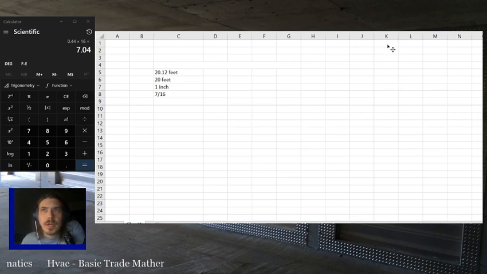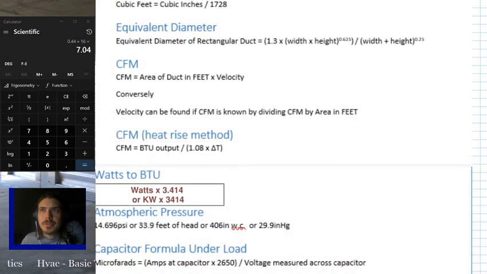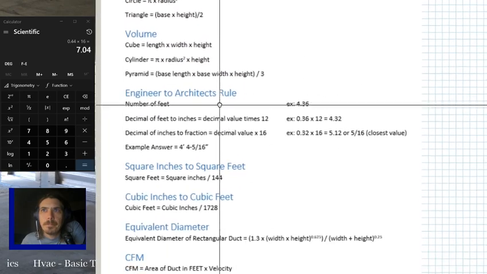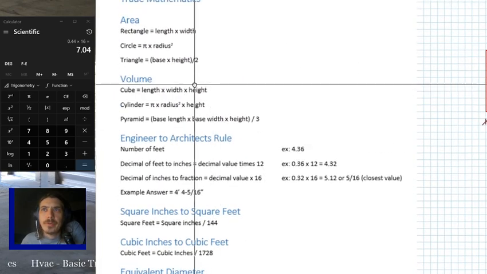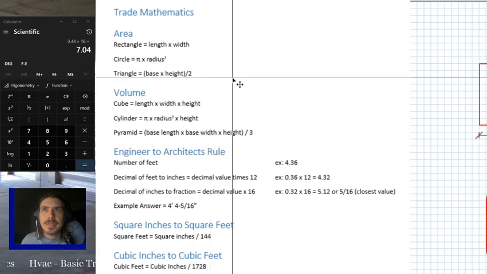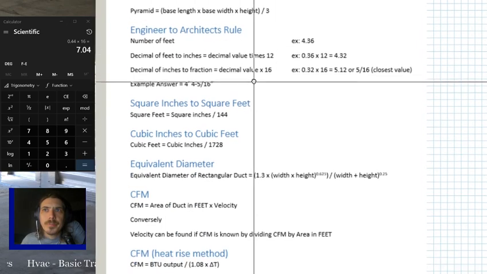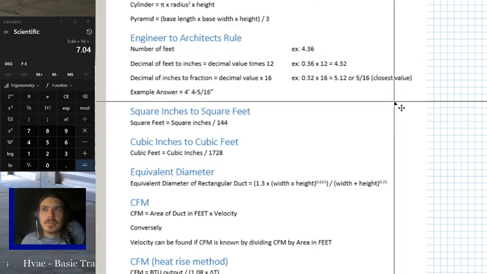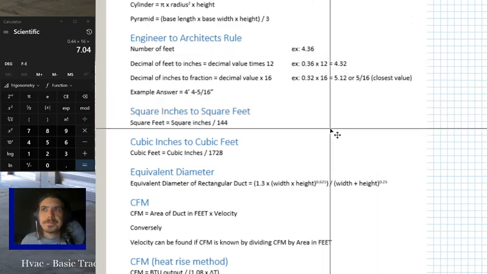Most of it we will cover plenty of times this year. This is not information that you're going to be able to forget. You're going to be using all of this information multiple times. The only thing we probably won't do much of is area of triangles, area of pyramids, maybe not too much of the engineers to architectural, but